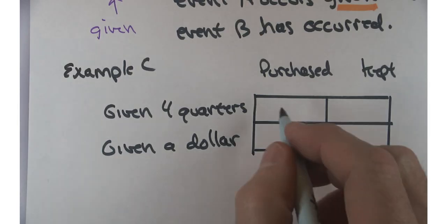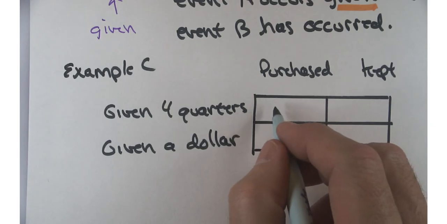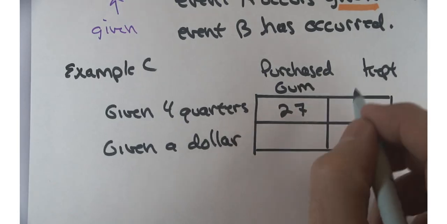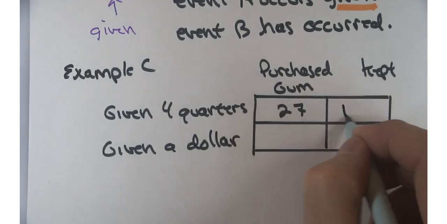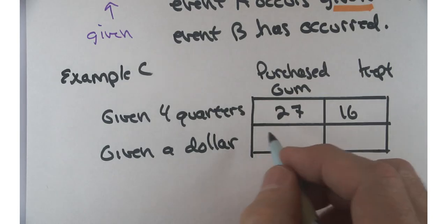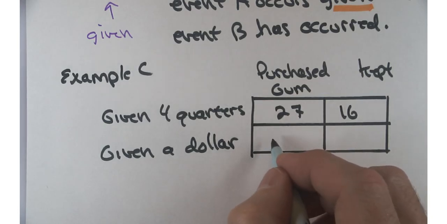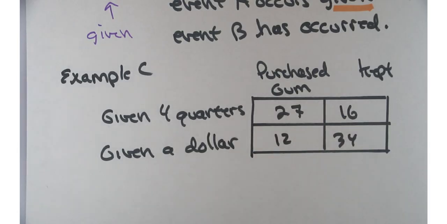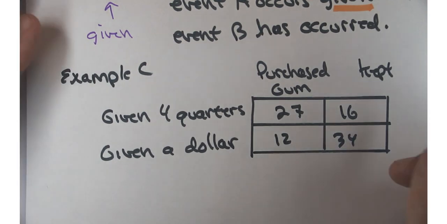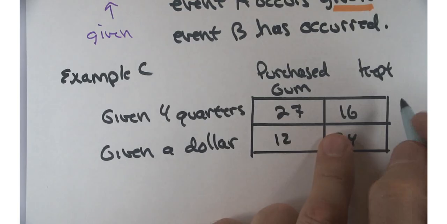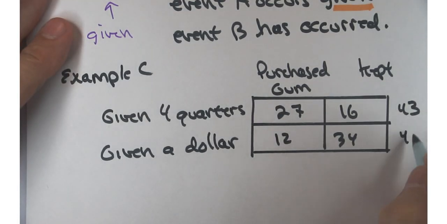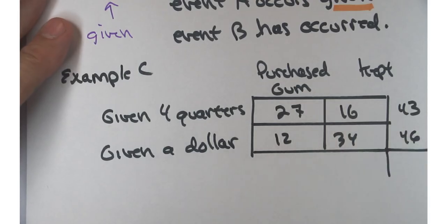So we have 27 people who were given 4 quarters and purchased some gum, and 16 people who kept the money, who were also given 4 quarters. Amongst the people who were given a dollar, 12 of them bought gum, and 34 of them kept the money. So let's fill in some marginal totals here to help our calculations out a little bit. The first marginal total I want is over here. That's going to be 43 who were given quarters and 46 who were given a dollar, for a total